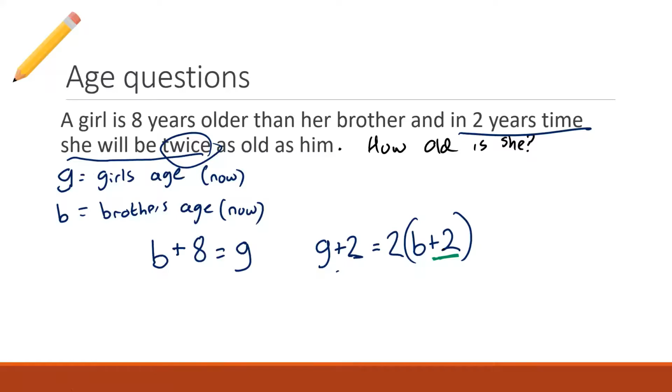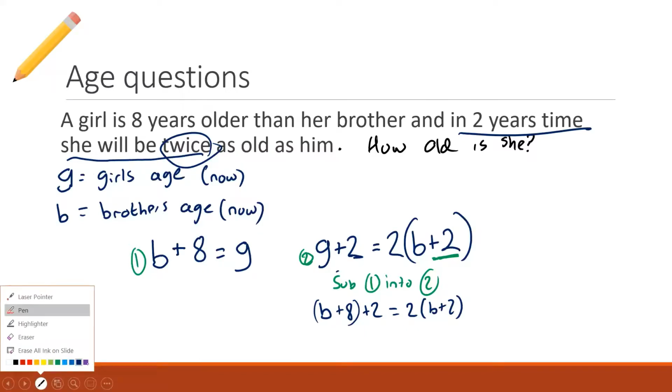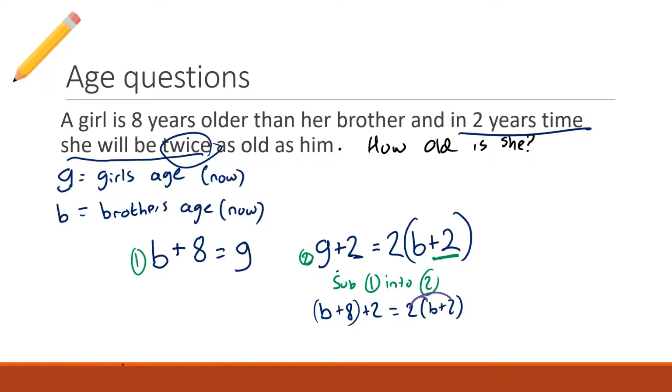Now we can solve. Guess what? Easy to solve because they've already given us a substitution to do. We're going to substitute 1 into 2. They've already given us a way to write down the girl's age in terms of the brother's. So the brother plus 8, plus 2, equals 2b plus 2. Let's solve this by first expanding. We're going to get b plus 8 plus 2 is 10